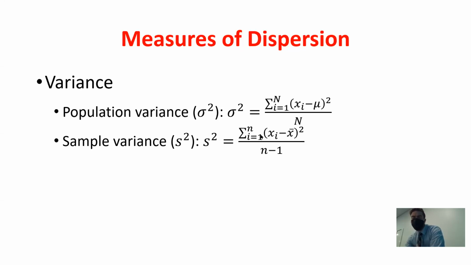But if you want just a general description as to why we're doing this, and I'm not going to quiz you on this or make you give a really great description. Essentially, when you only have a sample, it's going to be biased from whatever the true population value actually is. And so to correct for that bias, we divide by n minus 1 instead of n. Like I said, it'll make a little more sense once we get quite a bit into the semester. But for now, just know that there is a difference between how we calculate the population and sample variance. And that difference is you don't just divide by n, you divide by n minus 1 for the sample.